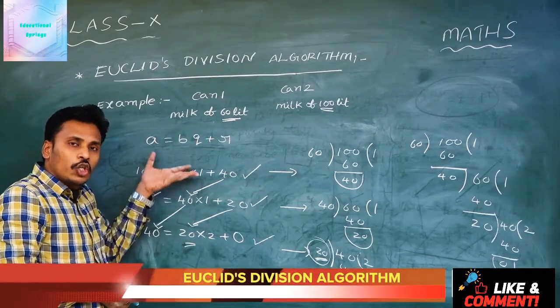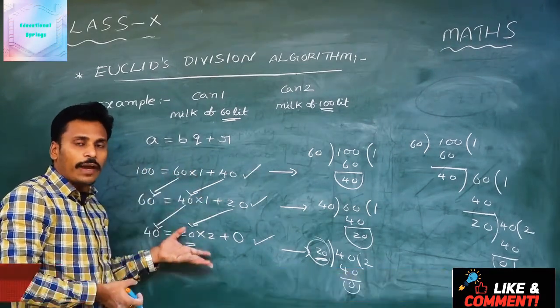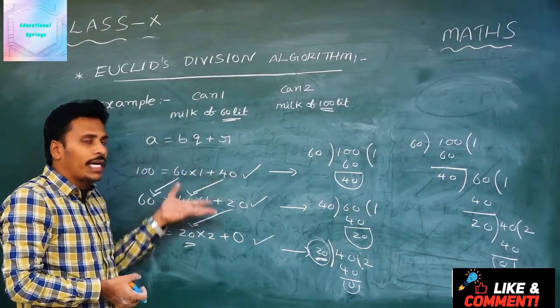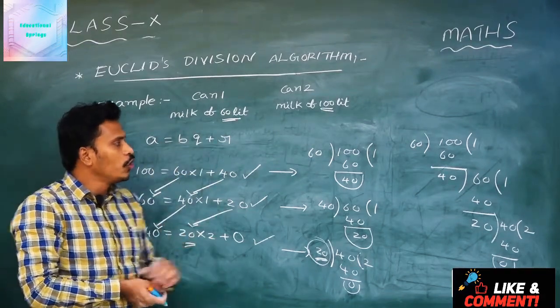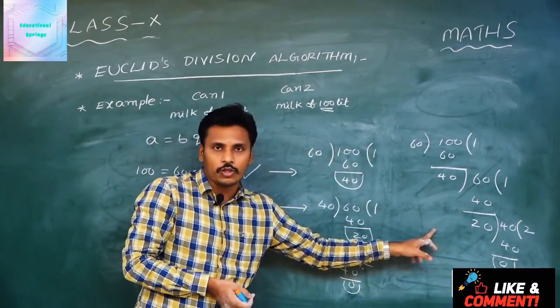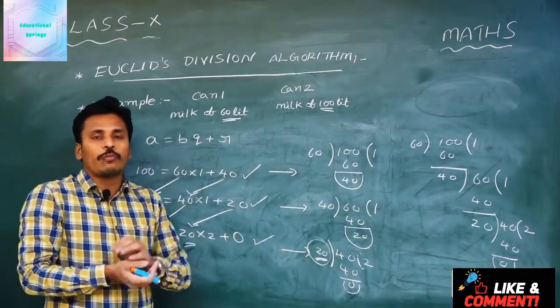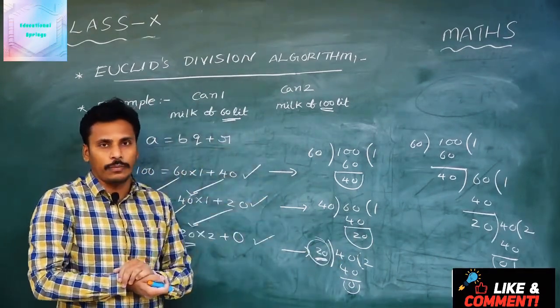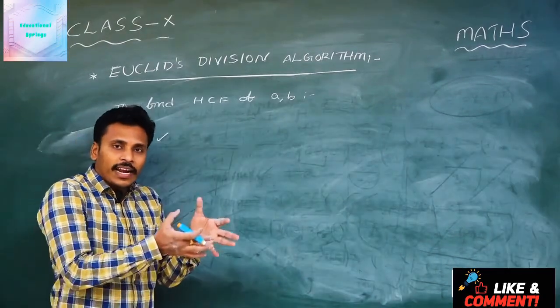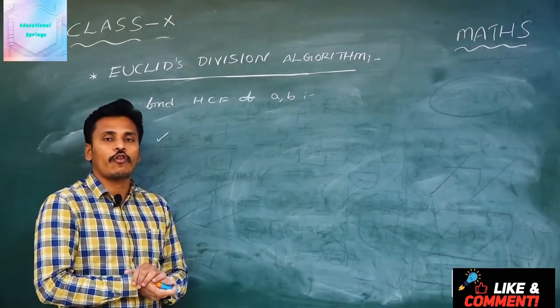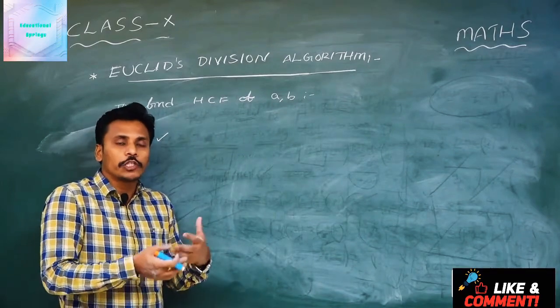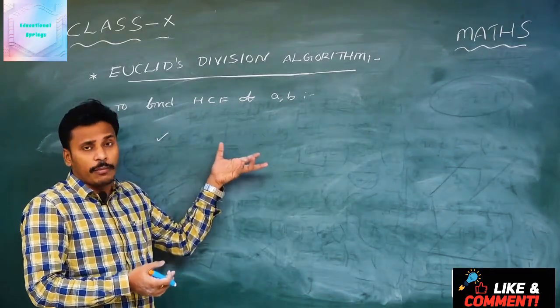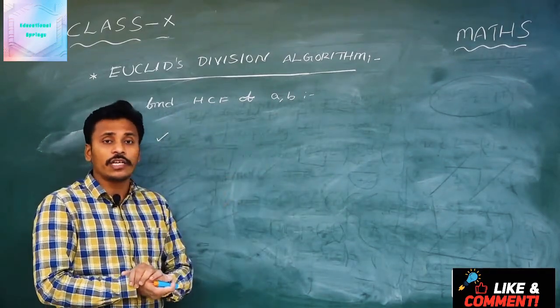Okay, so this Euclid's division lemma representation is meant for the examinations, and you need to write it like this. But for a check, you need to proceed in this division manner also. So I will give you 1 or 2 problems related to finding the HCF of two numbers. Now, the generalized procedure to find the HCF of two numbers a, b, which is given by Euclid's division lemma, we call it Euclid's division algorithm.